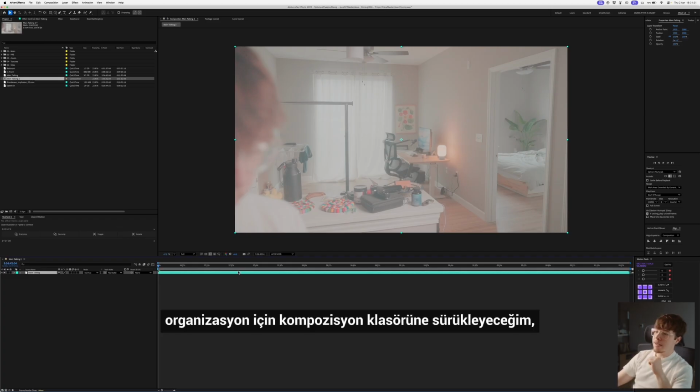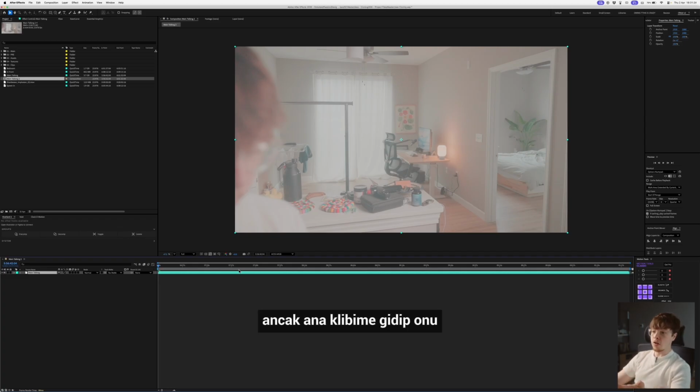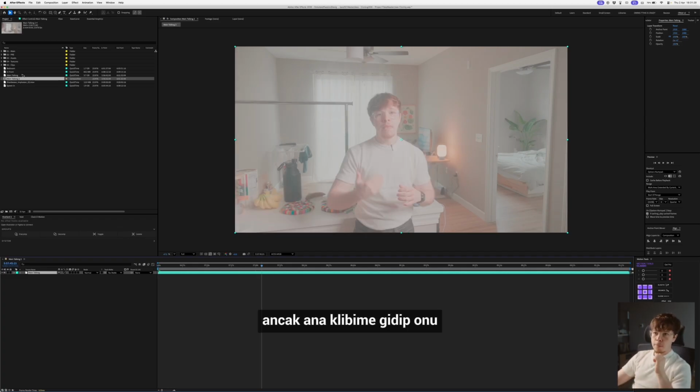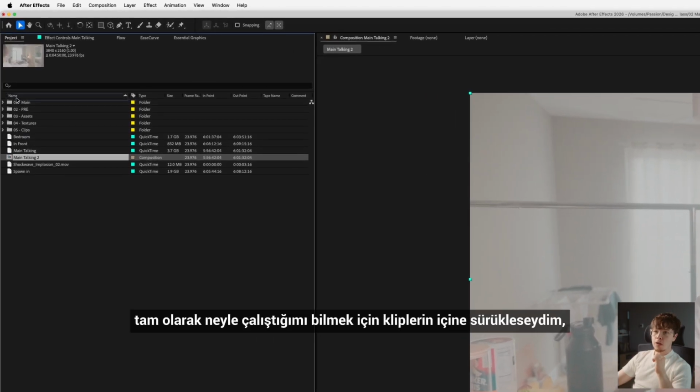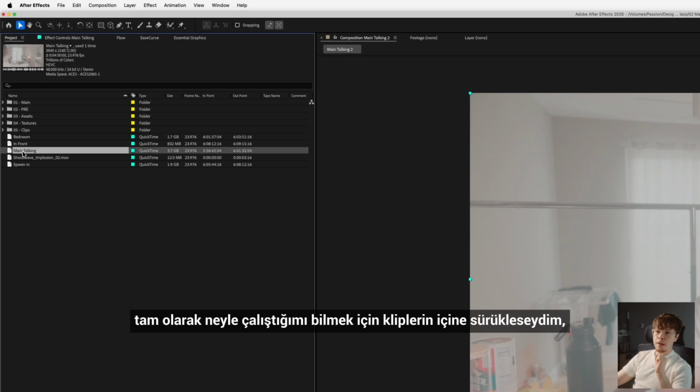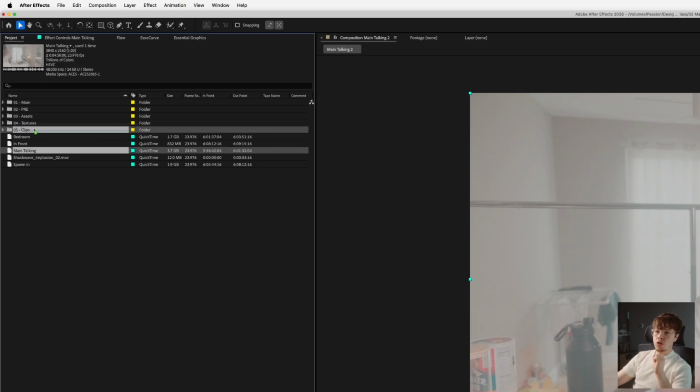Now you see a problem here, it looks wrong. This is not what it looked like in camera. What we need to do is, if I just take my composition, I'll drag it into the composition folder just for organization. But if I go to my main talking clip, I'll drag it into clips so